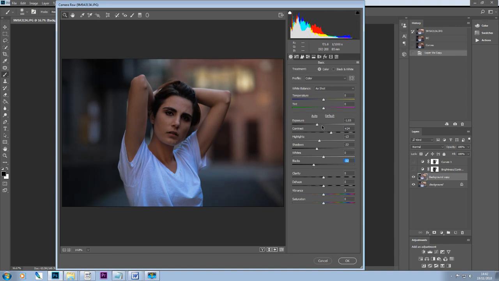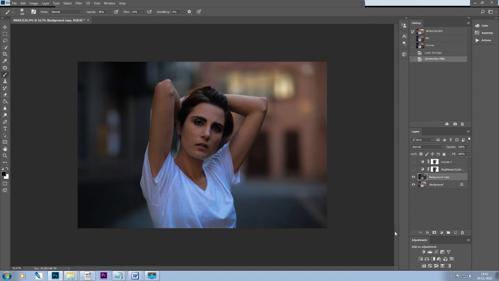And the Camera Raw filter gives us this whole range of options, which makes it quite attractive for this kind of thing. Although we may wish to just focus on exposure one thing at a time. So if I press OK, run the filter. And now, because I'm on an ordinary layer, I don't have a mask, so I just need to add layer mask. And now I can, in the same fashion, selecting my black brush, I can begin to